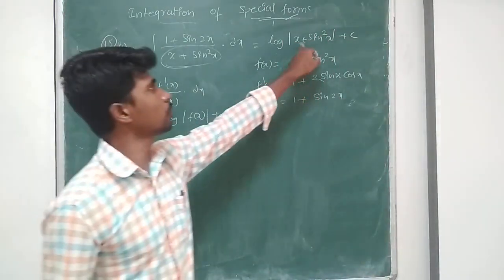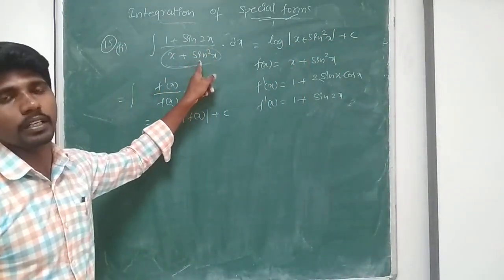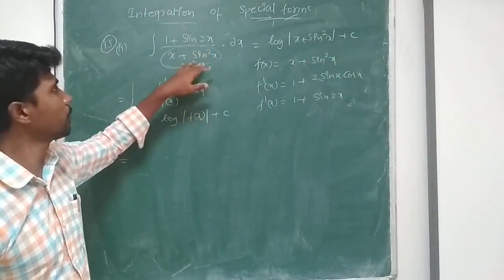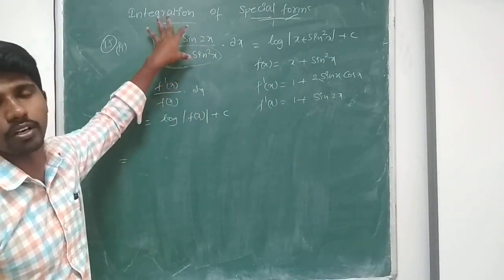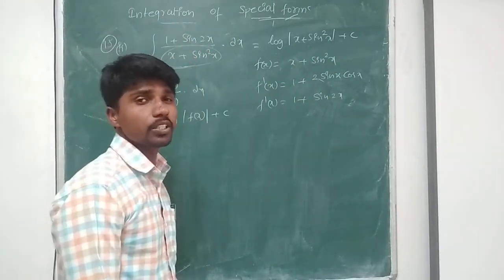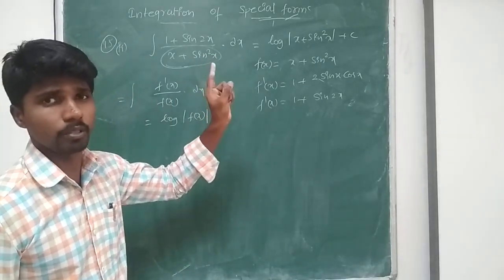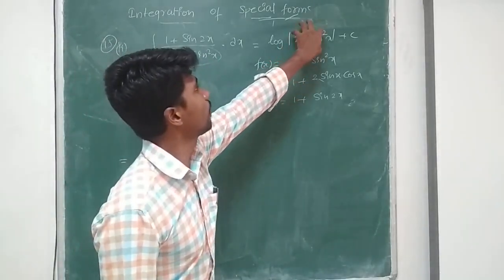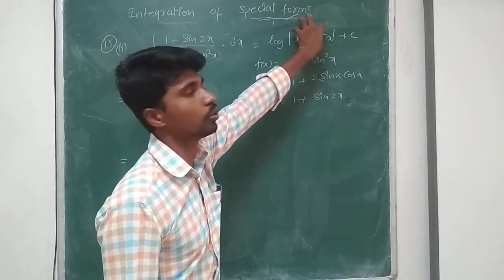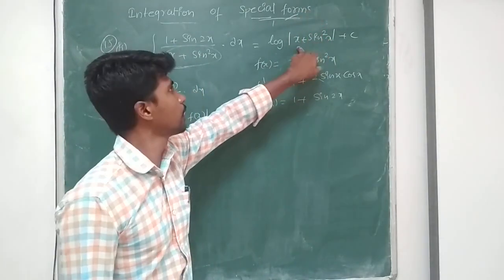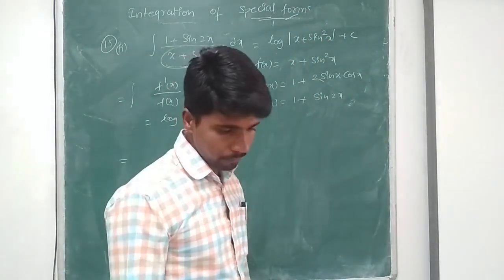This particular part won't be 0 because it is in the denominator. In rationals we discussed the denominator should not be 0. If it is 0, it's not at all defined. Why are we mentioning modulus? The log of a function, the value should not be negative. That's why we are using modulus. Okay, after this,